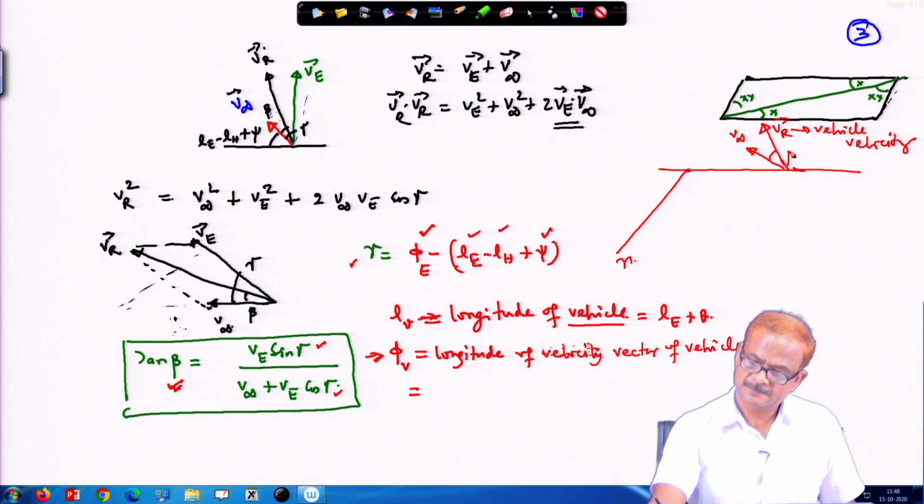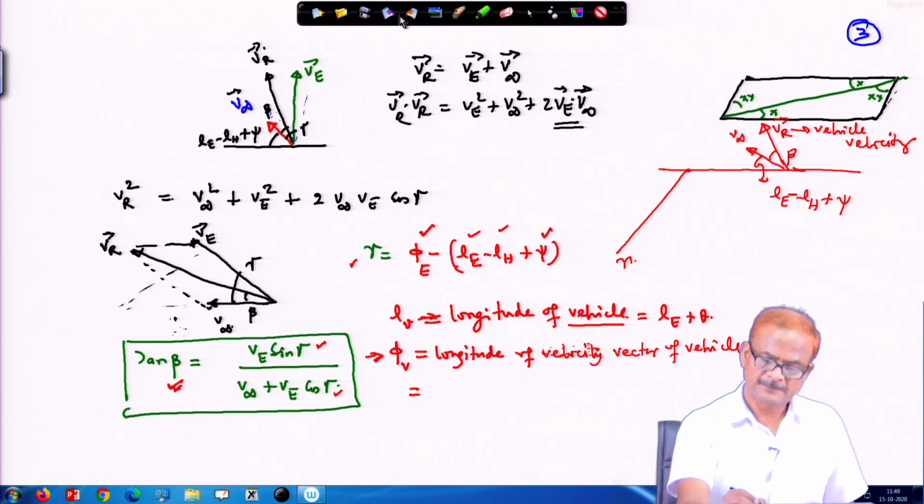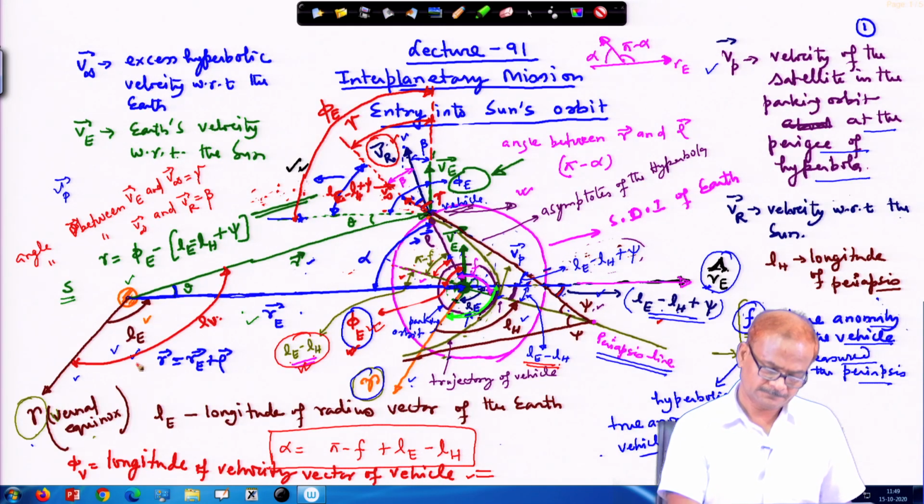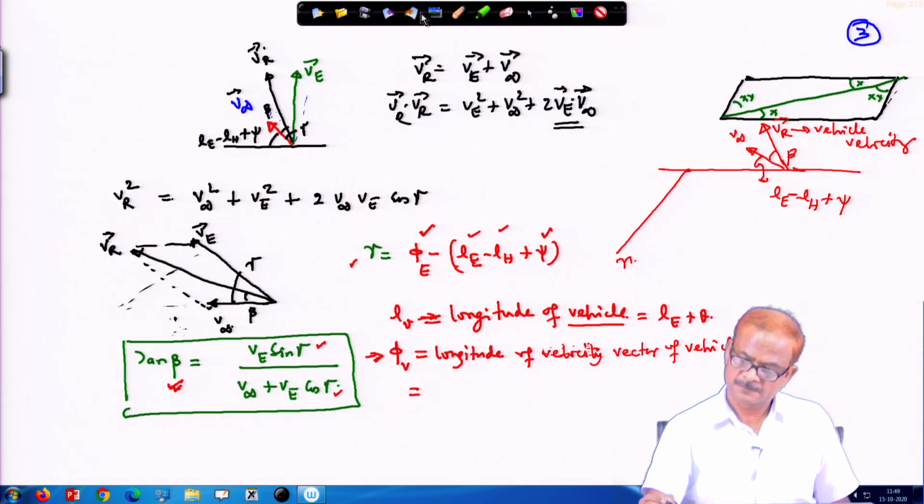This angle is beta, this angle is, already we have written, L e minus L h plus psi, okay. And then the other angle we have indicated is with respect to the horizontal, and then